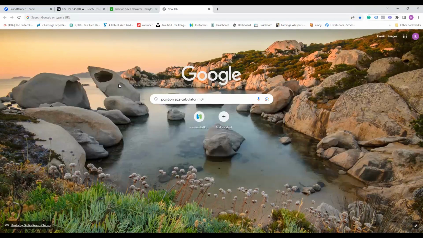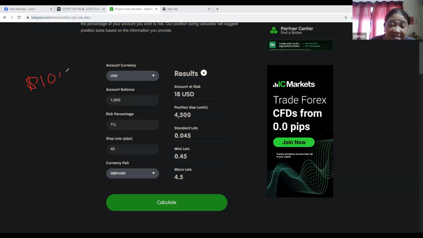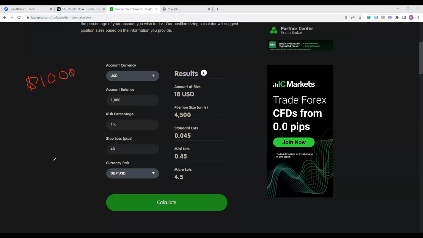If you want to get their sponsorship, you must put in a minimum of $1,000. But if you say I'm not interested in the sponsorship, then you can put in $10 also.